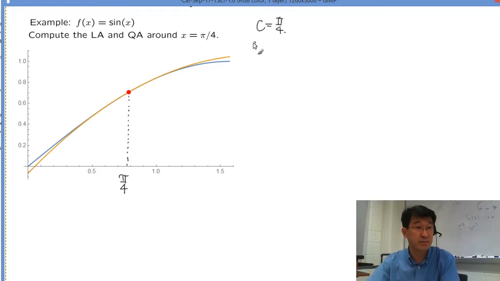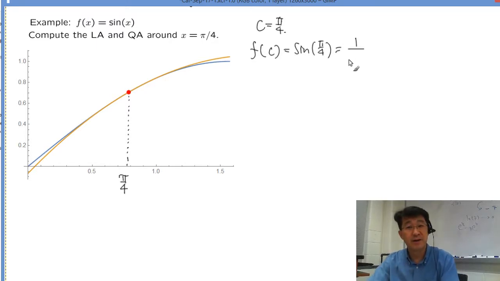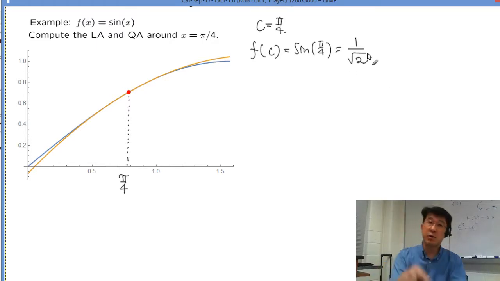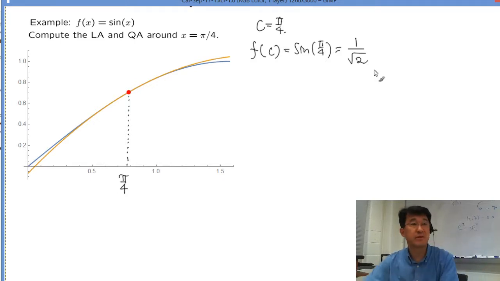So what is the next thing we have to compute? f of c, right? Which is the sine of pi over 4, 45 degrees. Who remembers the sine of 45 degrees? 1 divided by root 2, right? This whole thing is about the approximation business, right? Keeping a square root of 2 has no meaning, right? You can just change that to an approximate value. So can you give that to me? Can you go ahead and calculate the value of 1 over square root 2 using your calculator down to 4 decimal places, please? It's 0 point